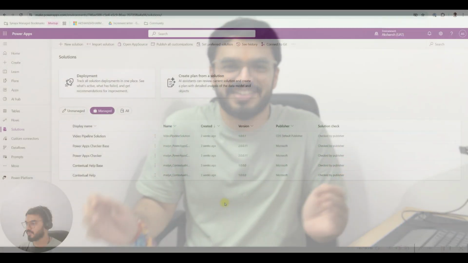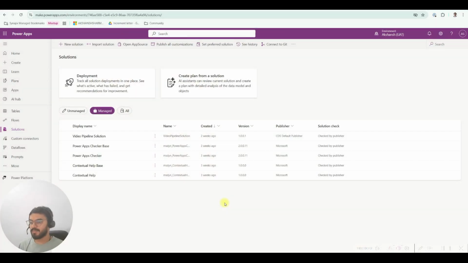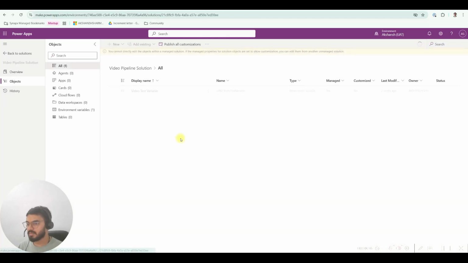So let's get started. All right, everyone. So we are in my UAT environment. If you remember, in my last video on Power Platform pipelines, we deployed a managed solution in the UAT environment with one environment variable. So today we will look at how we can update the environment variable value in the UAT environment itself without redeploying